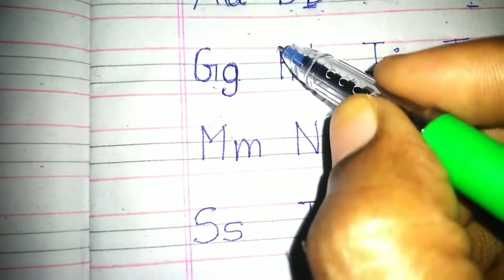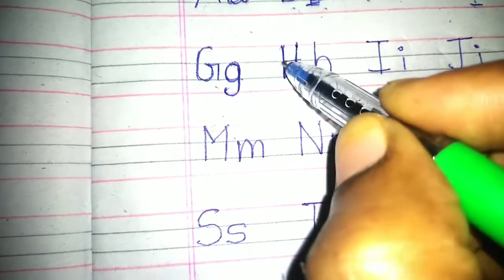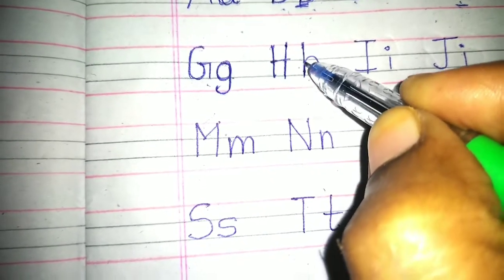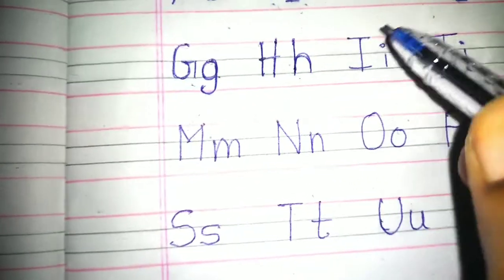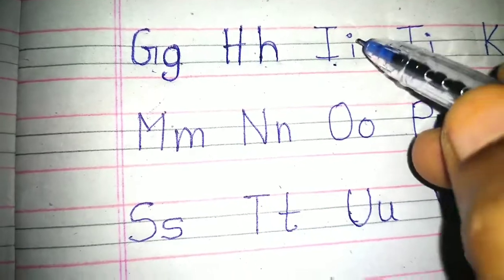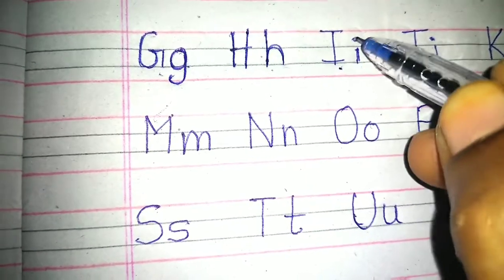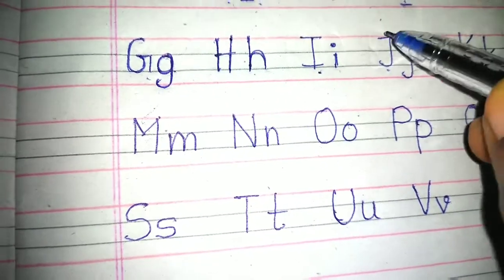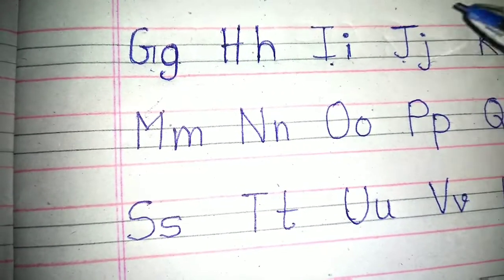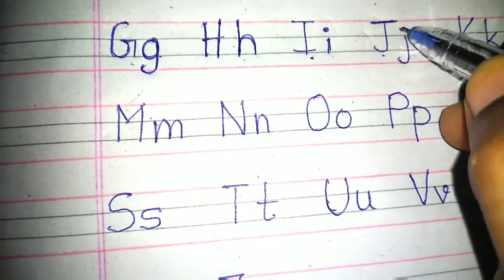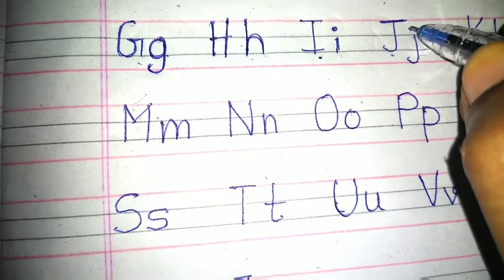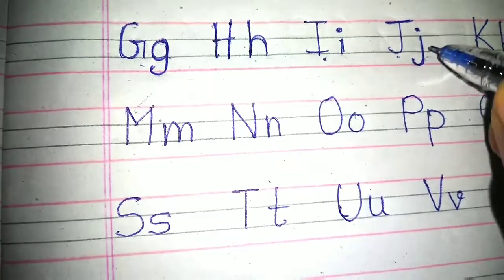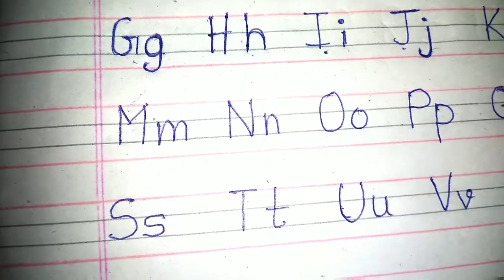And capital H, small h. Capital H, what happens here? 2 standing lines and a sleeping line. But small h, what do you have here? Standing line, only 1 down curve. And capital I, small i. Small i belongs to only 2 lines. And capital J, small j. Here there is a sleeping line in capital J, but only a dot in small j. Then you write the small j, it's a down red line or down line.